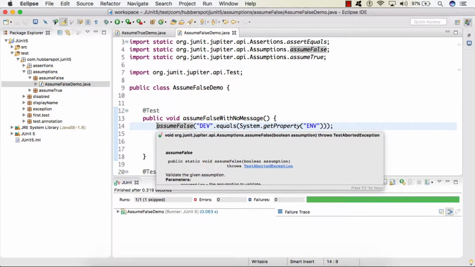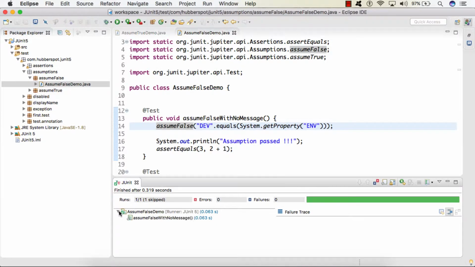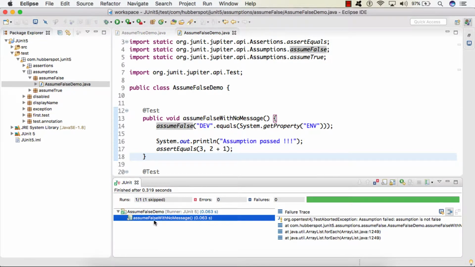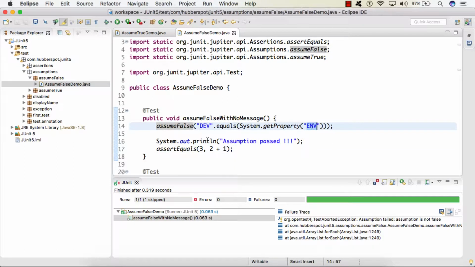So here our assumption was not satisfied, and you can see that though our test case didn't fail, it simply skipped this test case. It shows one skipped, and if I hover over it, you can see it throws a test aborted exception saying assumption is not false, because the assumption we are providing is coming out as true, since we have this system property by name env having a value dev.